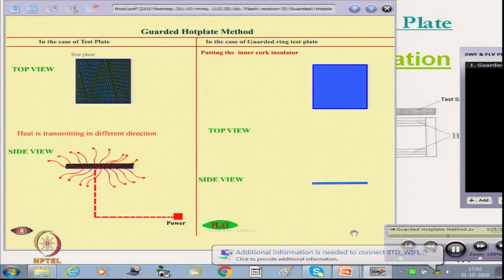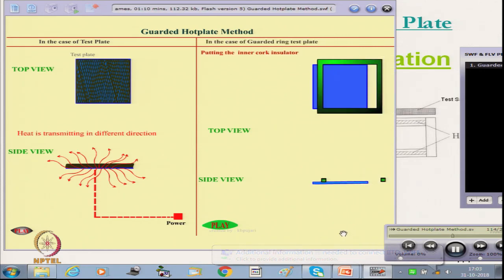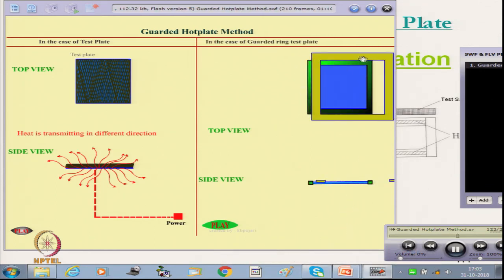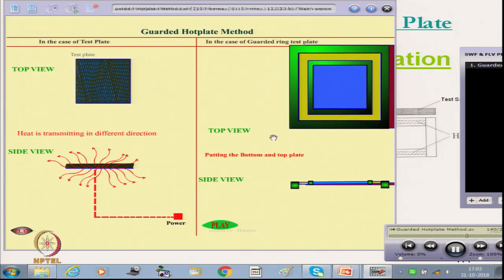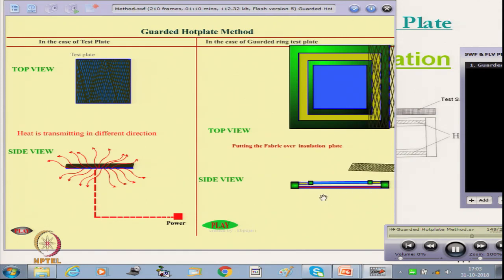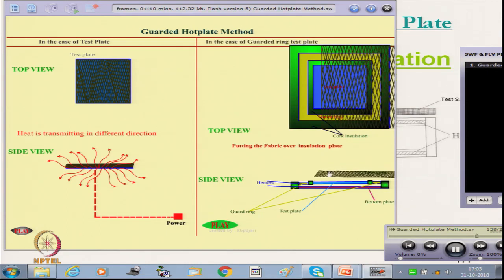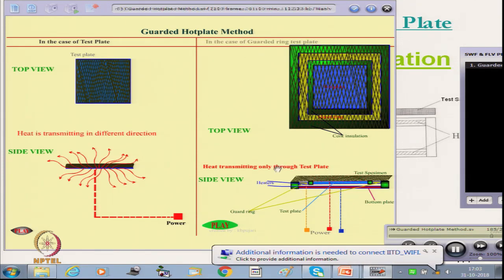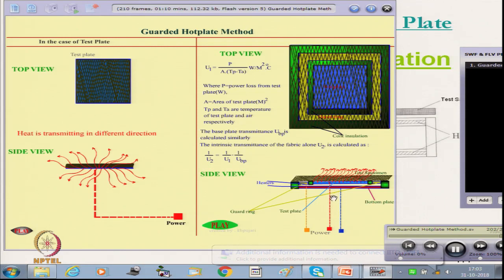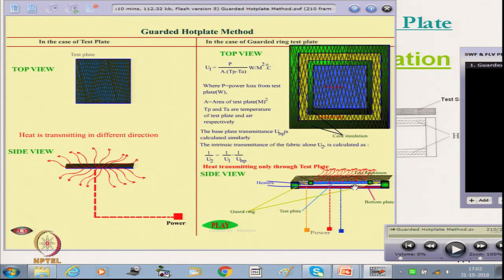But in the other animation, if we see, this is the test plate and this is the guard plate and insulation, and the red one is the bottom plate. We place the fabric specimen, and these plates are connected with a heater, and once the temperatures are maintained the same, the heat is only flowing through the fabric specimen, that is recorded, and the thermal transmittance is